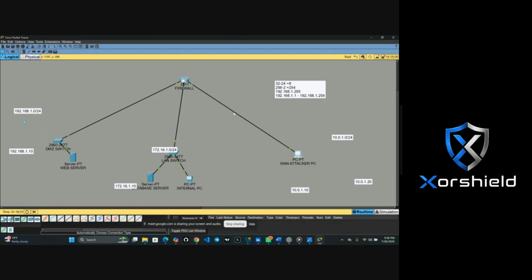Then in the configuration on the router, instead of using gigabit Ethernet 0/1 for your DMZ switch, you are now going to use gigabit Ethernet 0/0. Do you understand? Yeah. That's the only thing you have to change.